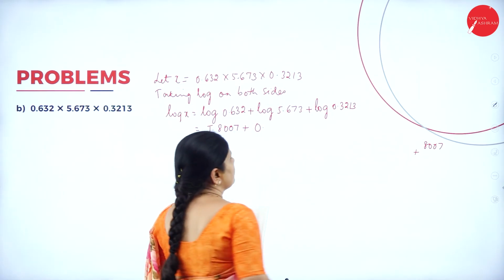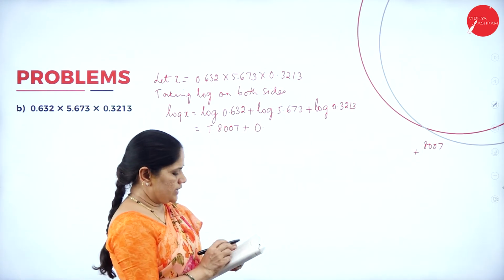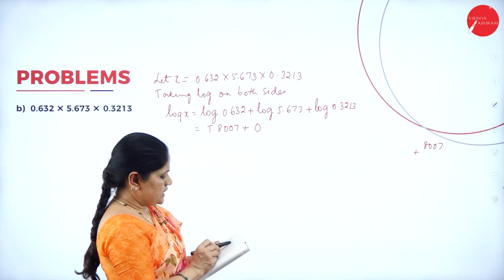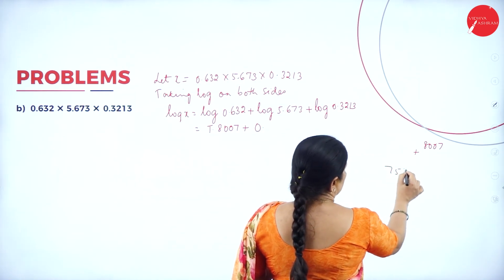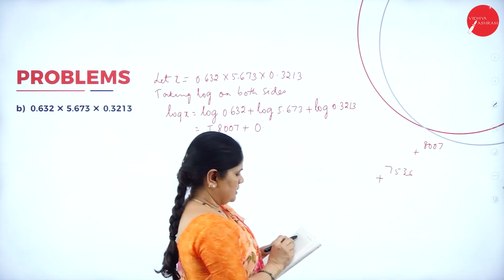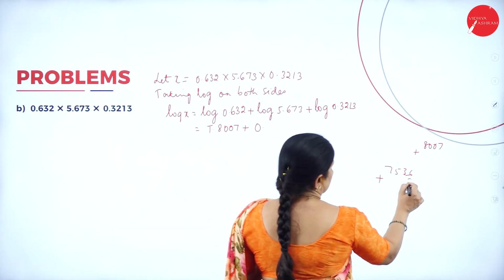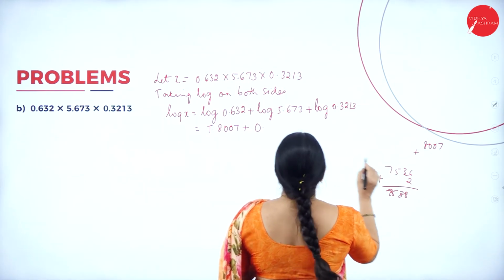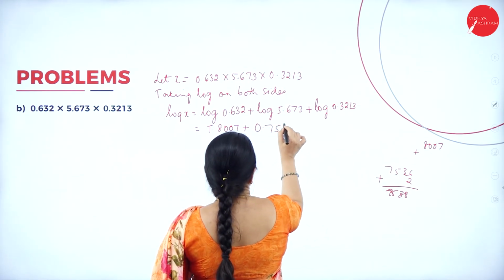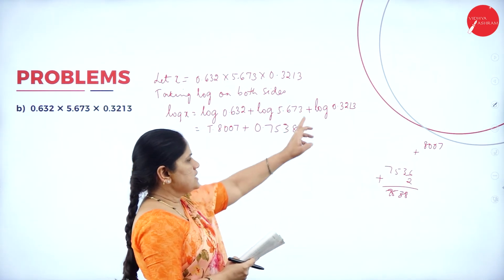Now we will find the log value of 5.673. So that will come up to 7536 plus, so it comes up to 7538. So 7538 plus,